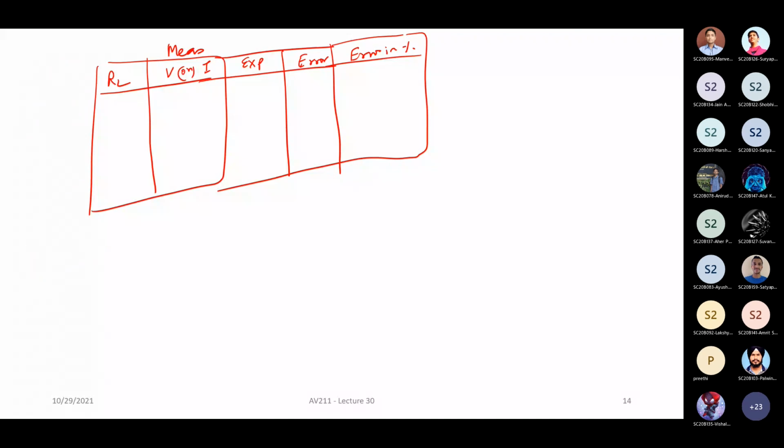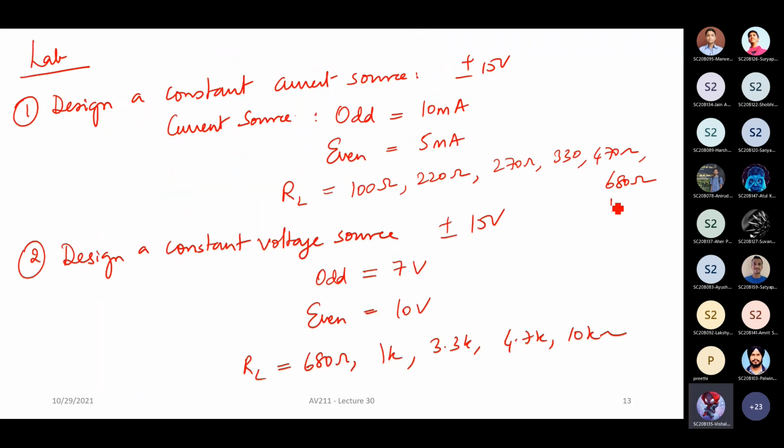Any doubts? Any questions? Sir, here we will take, we set as 0.3 volt. You can take 0.3. Anyway, here I've given you only up to, you don't need to take it so seriously also. For 680 ohms, what will you do for constant current source? 680 ohm will give you the highest voltage. So let's say the worst case will be 10 milliamp times 680, and that will be some 6.8 volt, right? Your supply voltage is plus 15 volt, right? So you have a lot of room to cover.